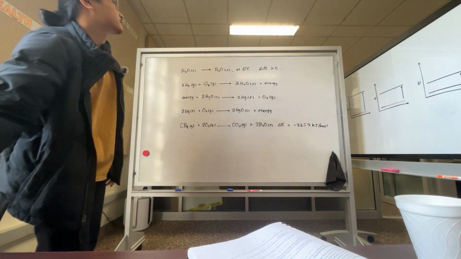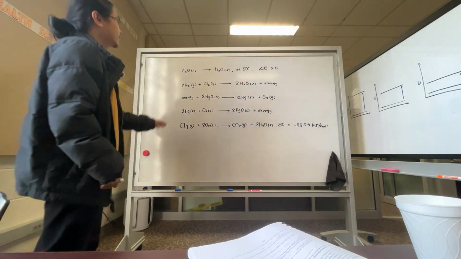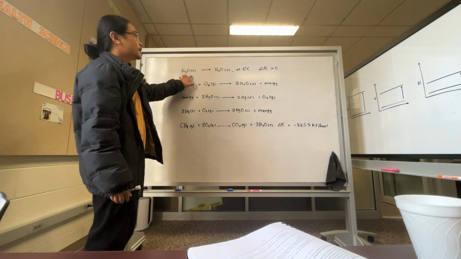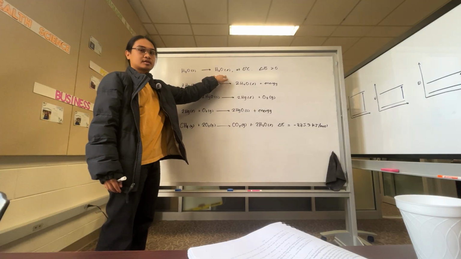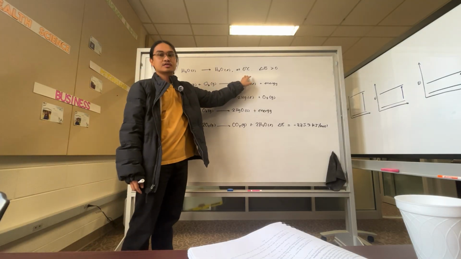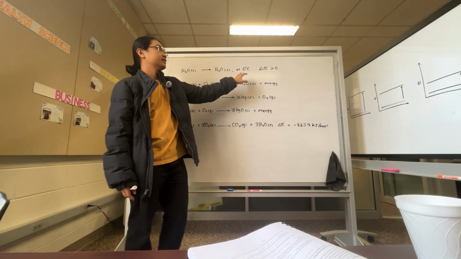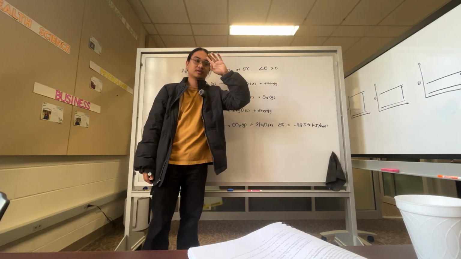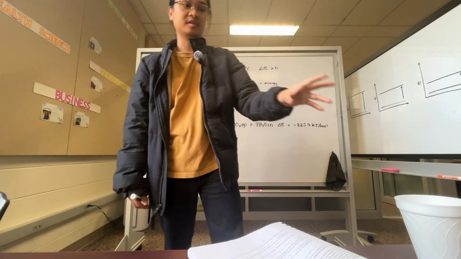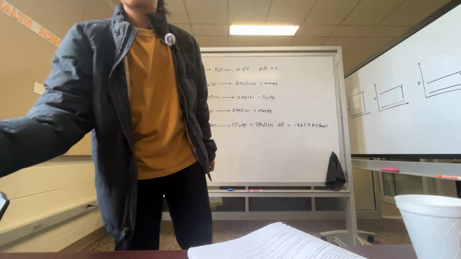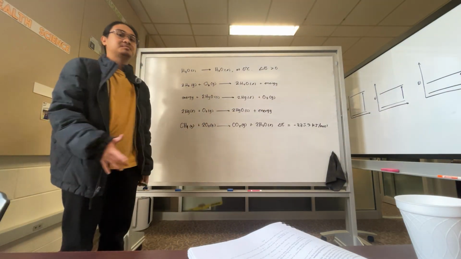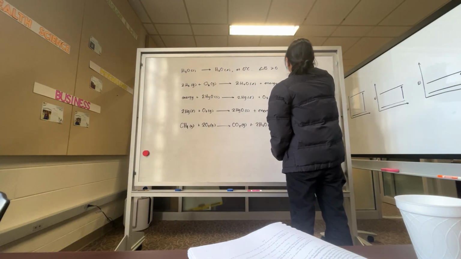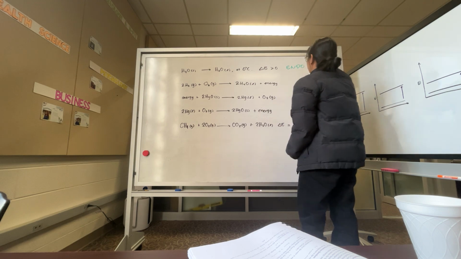Okay, let's look at this one. The first one, we have solid water or ice melting to liquid water at 0 degrees C. And it has a delta E greater than 0. So when you say that a number is greater than 0, that means it's positive. What did we say about positive delta E's? That must be endothermic,